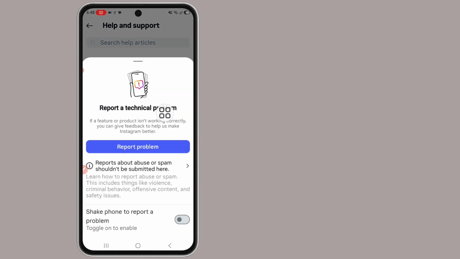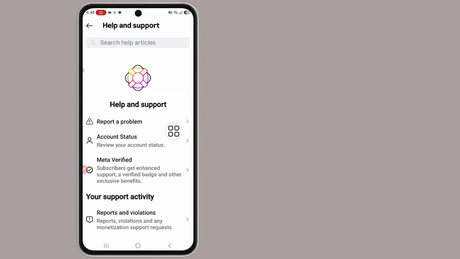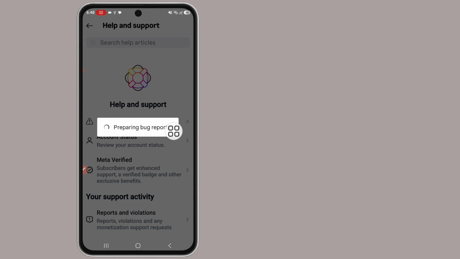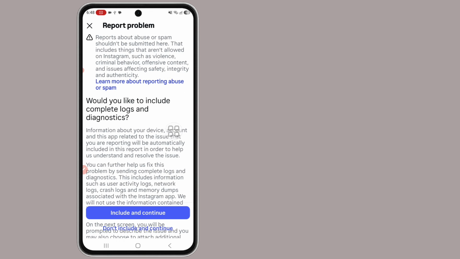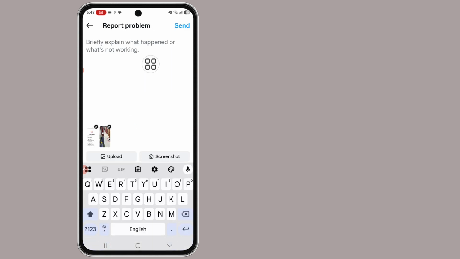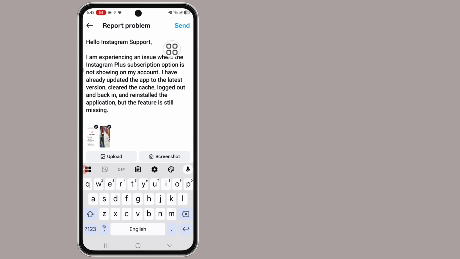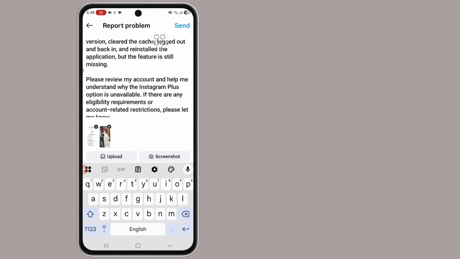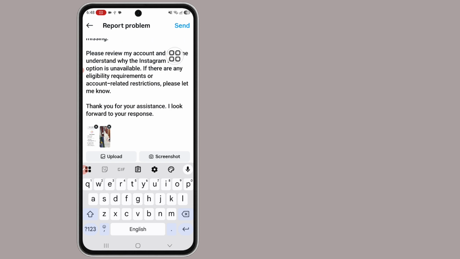report app problem, again report problem, tap on include and continue. Now enter your problem here. See, hello Instagram support, I am experiencing an issue where the Instagram plus subscription option is not showing on my account. And see, now enter your problem here and tap on send option,